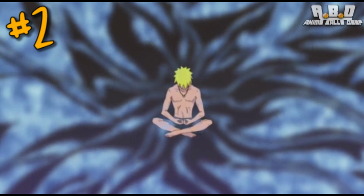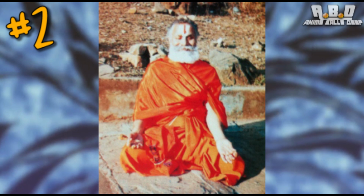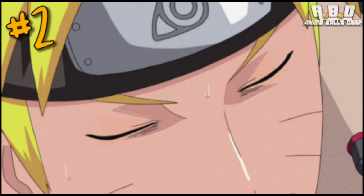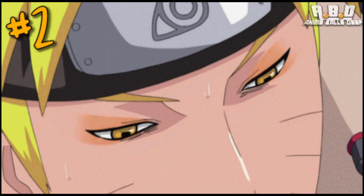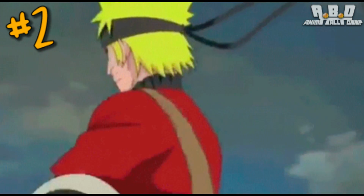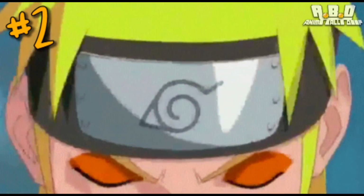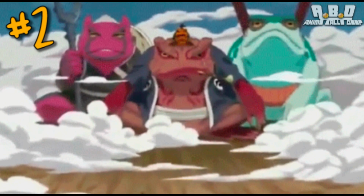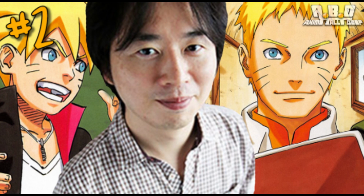It can also be used to convey a certain concept to the user. For example, a right hand raised with palm facing outwards means no fear, and grants the user that concept's blessings through their meditation. These gestures are supposed to generate spiritual focus and power, which then are manifested in some way externally. However, the use of mudra in ninjutsu is undetermined, and there is very little evidence showing its use by the earliest ninjas who roamed our earth, so it's highly likely that it was introduced to the ninja world by